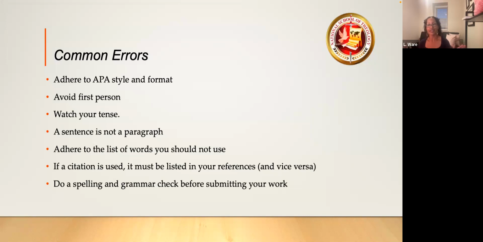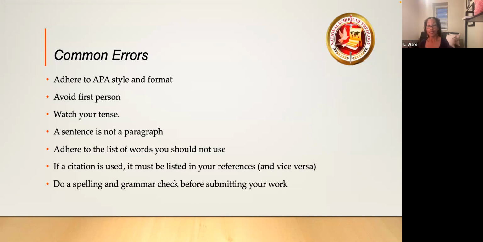It's good to step away from your paper for a little bit and go do something else. Wash dishes, clean the house, go for a walk, and then come back and read it again. If you're doing it late at night, and I've been guilty of this, trying to hurry up, step away from it. If you have time, look at it first thing in the morning. Get fresh eyes on it and reread it. Does it still make sense? Did I say something somewhere that I should elaborate on? Or is something too wordy and I can condense it and say it a little better?